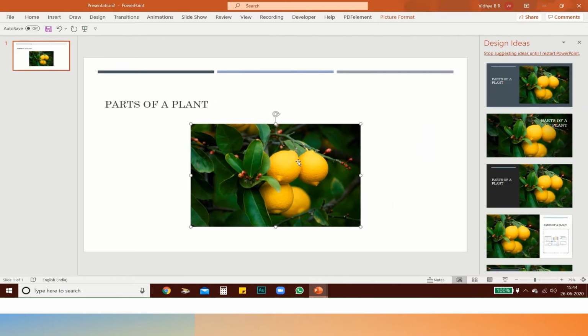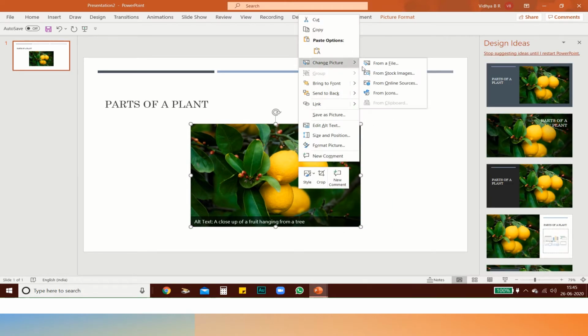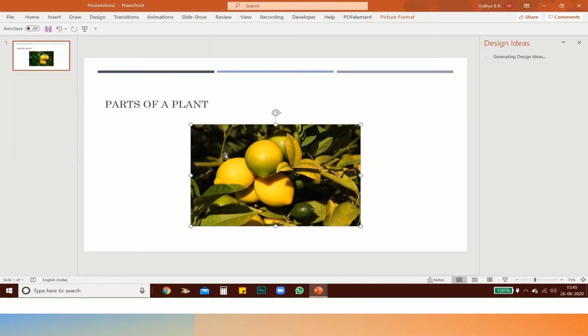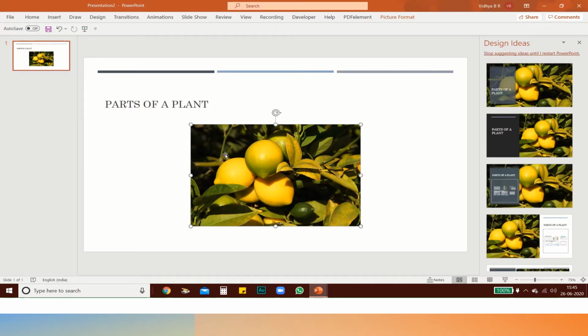Okay, now in case I got the wrong picture, then I say change picture from a file, and it goes back. Then I know that I've got the wrong picture, so I will choose this and say insert. So the picture has changed. So it's very simple. Now usually in a